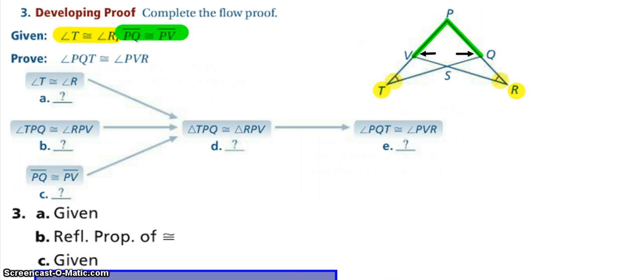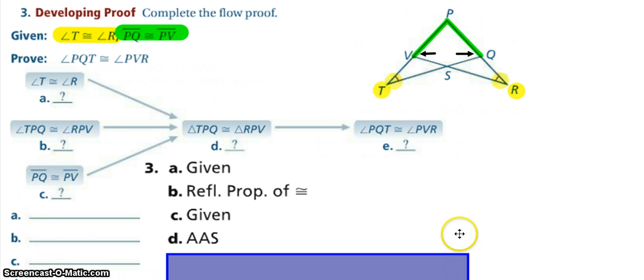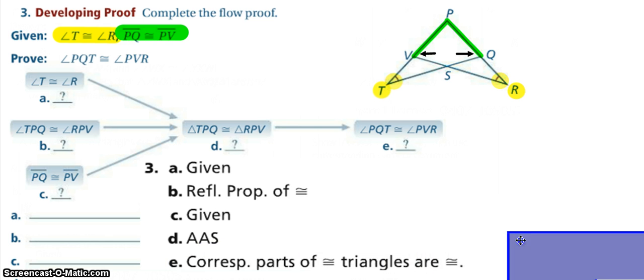Well, again, that was given to us. But now because I've proven these two angles and this side congruent based on where they are in the triangles, I can say that the triangles themselves are congruent by angle, angle, side. And since I now know that the triangles are congruent, angle PQT and angle PVR are actually corresponding parts of the triangles, so I can prove this statement by